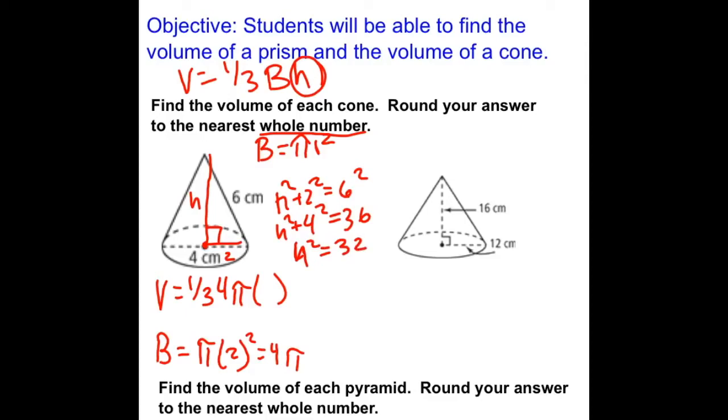I take the square root of 32, and that's my height. I'm just going to call that my height for now. And now I'm just going to type the whole thing in my calculator. I go 1/3 times 4 times 3.14 times the square root of 32, and I get the volume rounded to be